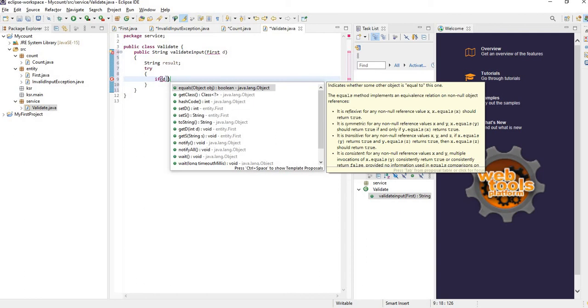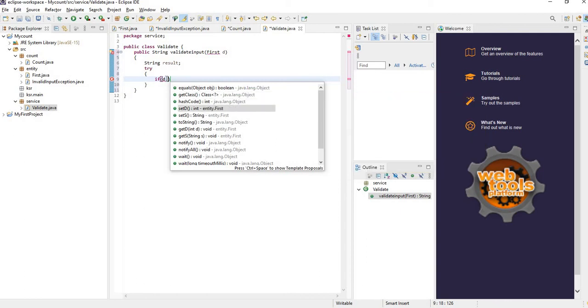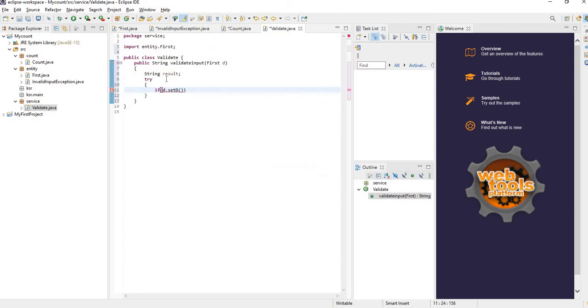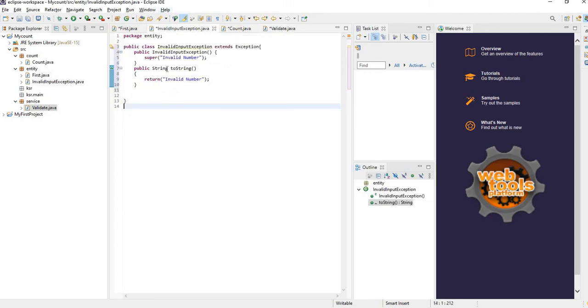That is the set. Let us call the setter method of the variable d. Control enter. The suggestion set d of is automatically filled here, is less than 0. Then we have to throw the exception. What is the exception? We have to throw the exception invalid input exception.